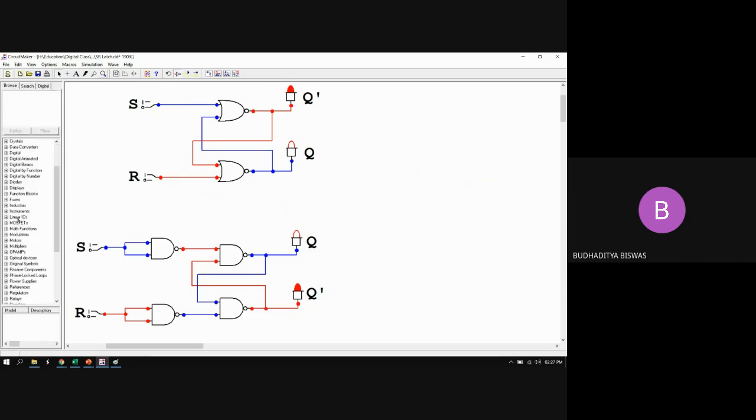The clock pulse can be found in the digital section. Where is the digital? Digital basics. Then not the digital, only the digital, then power and instrument, Pulsar. So the clock pulse is written as Pulsar here, P-U-L-S-A-R. If you search for it in the search box, it will definitely come. What is the meaning of this clock pulse? This is nothing but the pulsar, the clock pulse. So here you see what is the use of the pulsar.